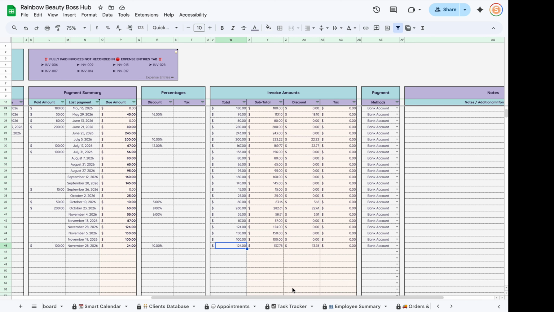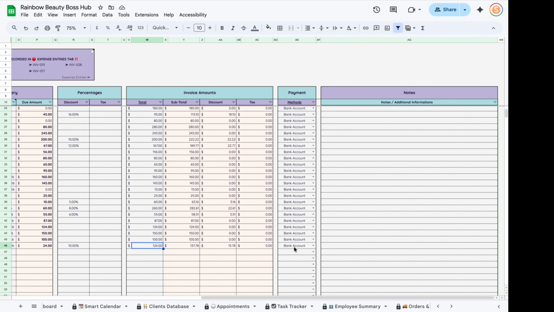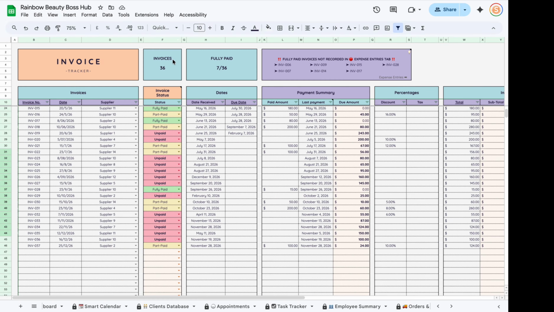There is no need to make any manual entry. Also over here, it's color coded. Then the payment method. Assign the payment method that you used or you will use for that invoice, and submit any notes. Also up here, you will notice the total invoices submitted, and how many of them are fully paid,